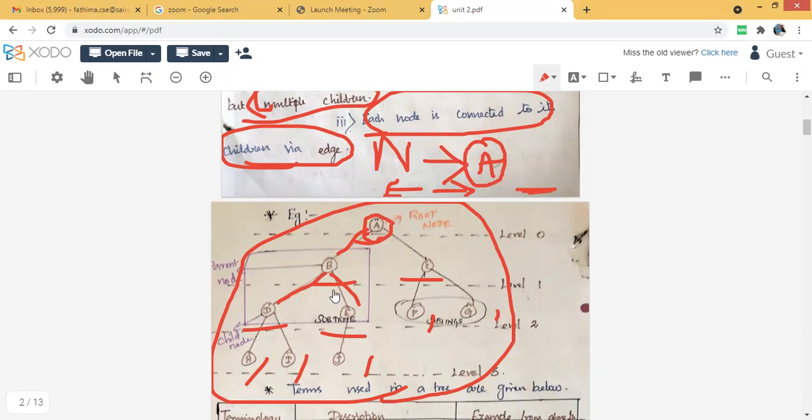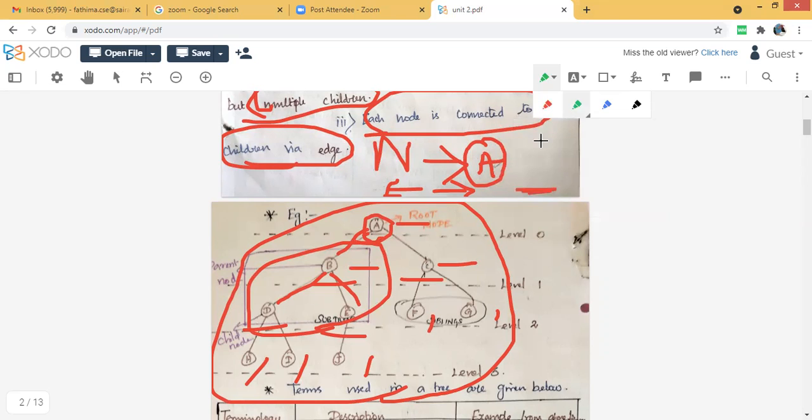In this tree, how can I find my subtrees? For the first example, A is a parent, and it has two children, B and C. Like that, B is another node, and it is the root node of this subtree. B has two children, D and E. If a parent has two children, or three children, or any number of children, then that parent will be the root node of that subtree. This is the main tree, and this is the subtree.